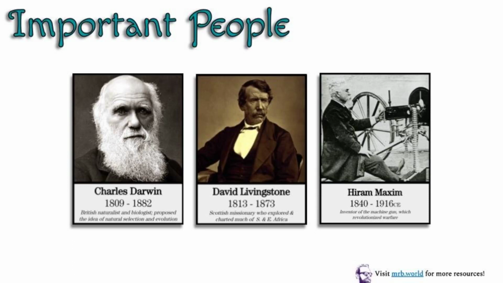David Livingstone, a Scottish explorer and missionary, played a significant role in European imperialism in Africa as he explored and mapped uncharted territories, which fueled European interest in Africa and led to increased colonization and exploitation of the continent by European powers. Hiram Maxim, an American-born inventor, invented the Maxim machine gun, which provided a technological advantage to imperial powers.